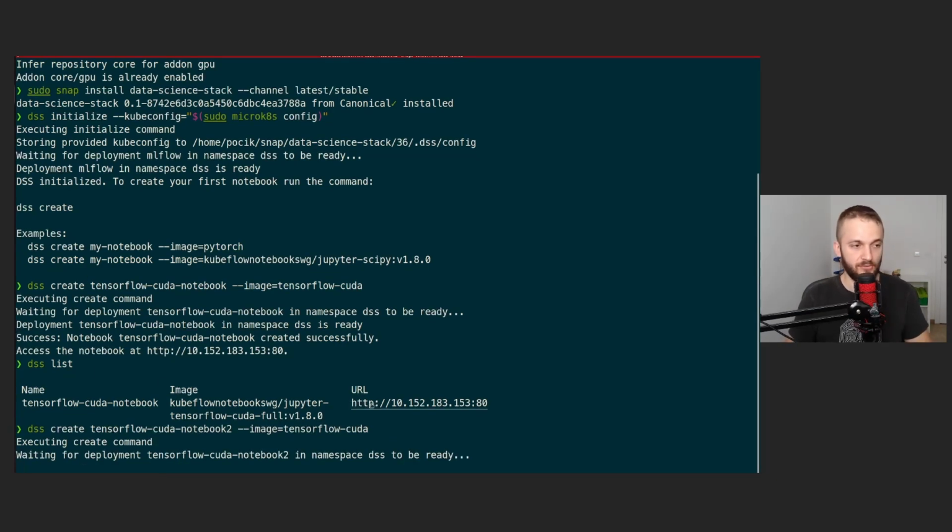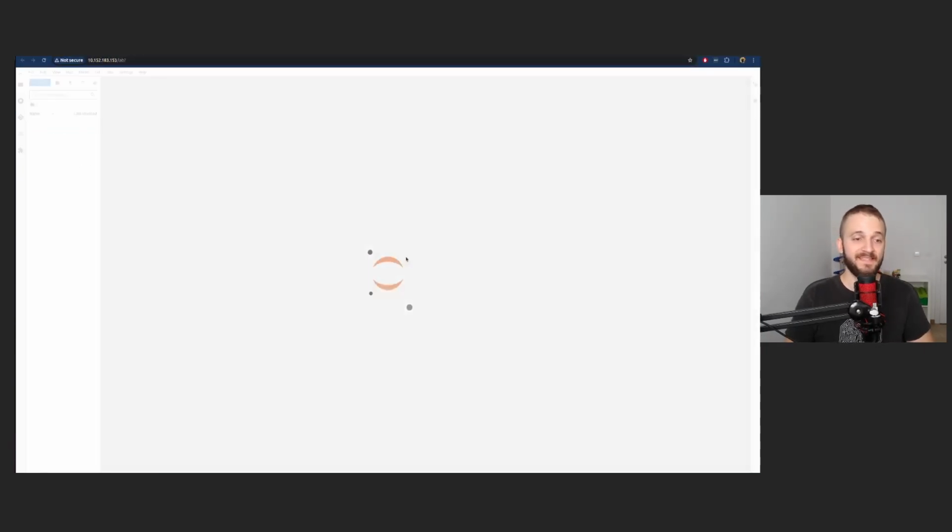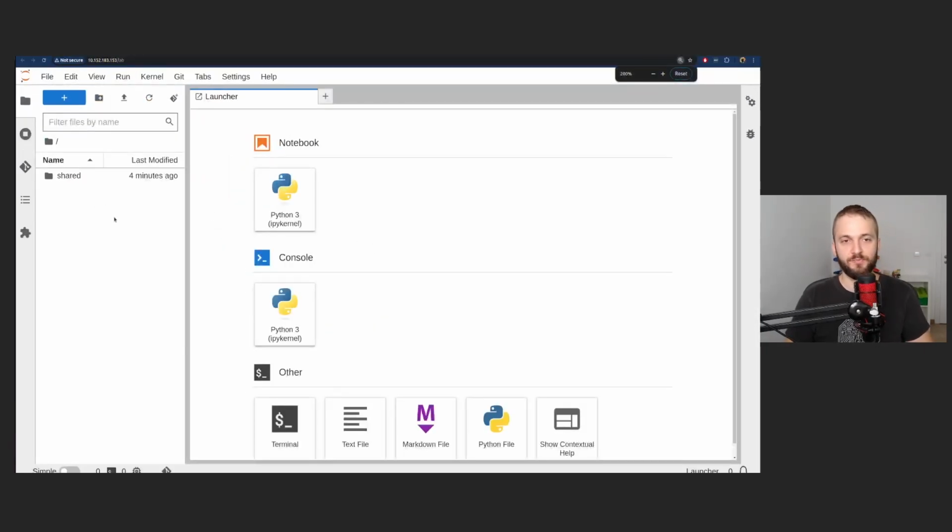You can connect to the notebook through this URL. This is the Jupyter Lab UI. Jupyter Lab is a tool for creating Jupyter notebooks. And as you can see, interestingly, there is a shared folder pre-mounted in this notebook. We never created it. This shared folder is shared across all the notebooks inside the Jupyter Lab servers inside your